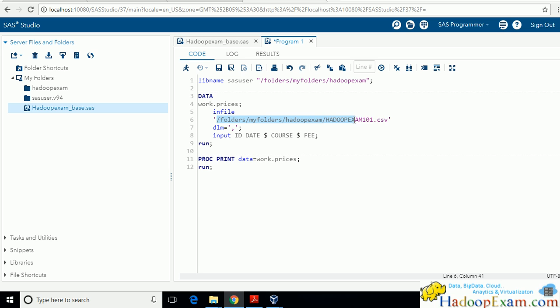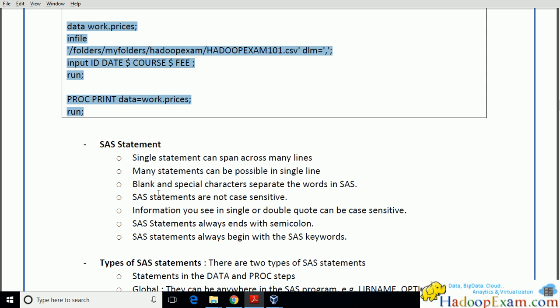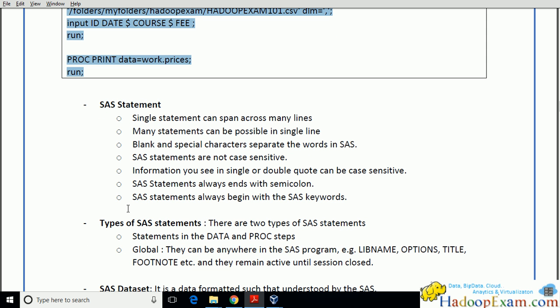This is the path, but that is okay, it is not case sensitive, but there are some things like characters or strings in double quotes that can be case sensitive. Here you can mention an id, and this is not case sensitive. Anything which you put into double quotes and single quotes can be case sensitive. You will come across this situation again, and then I'll tell you in detail.